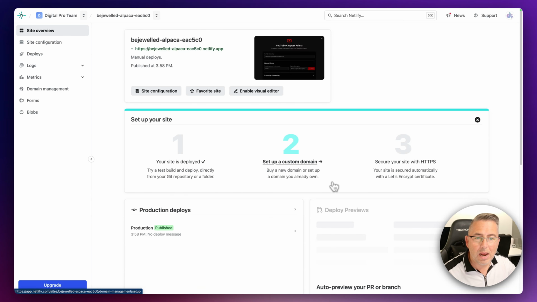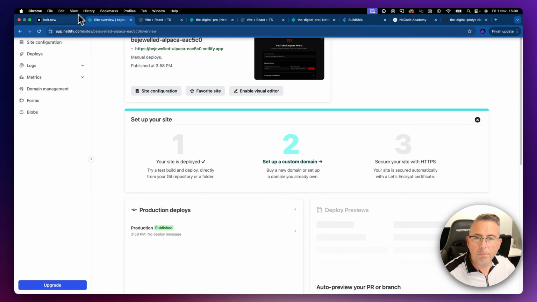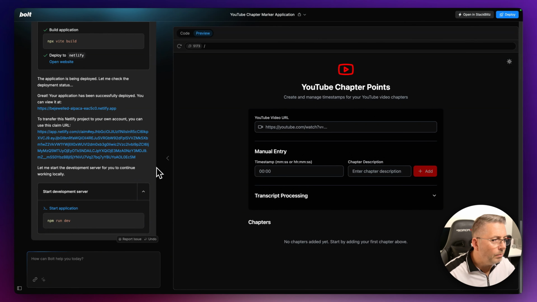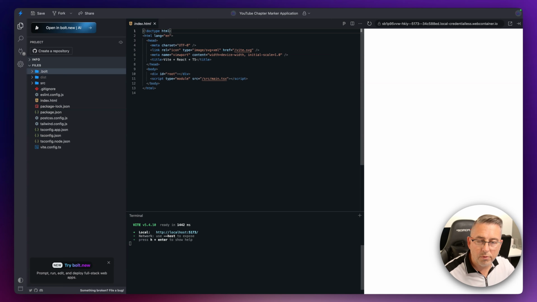So I can deploy applications out into the wild. Now, what else can I do? Let's just pop back into Bolt. So of course I can continue to open the project in StackBlitz. So if I want a more advanced code editor, I want to get into the weeds, then I can carry on and use something like StackBlitz here, which is a very capable